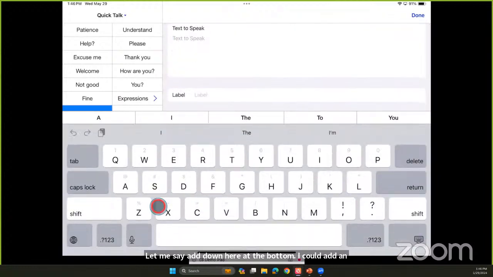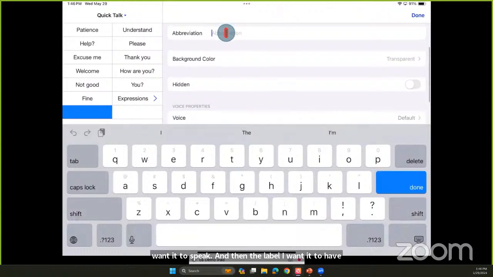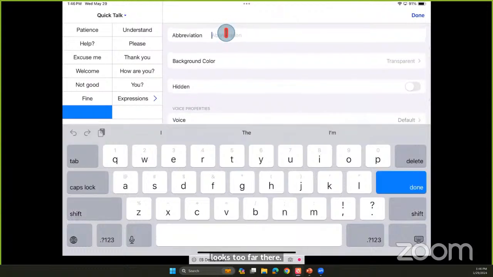And here is whatever text I want it to speak. And then the label I want it to have. But here is the abbreviation that I want, like "hello, how are you?" If I wanted to just put in HHY, I could do that here. So this one does it through each phrase you're entering rather than just in the settings.